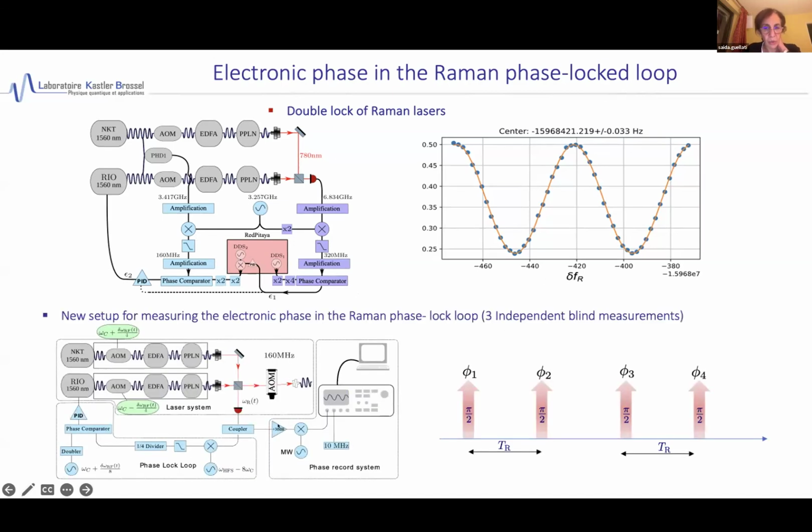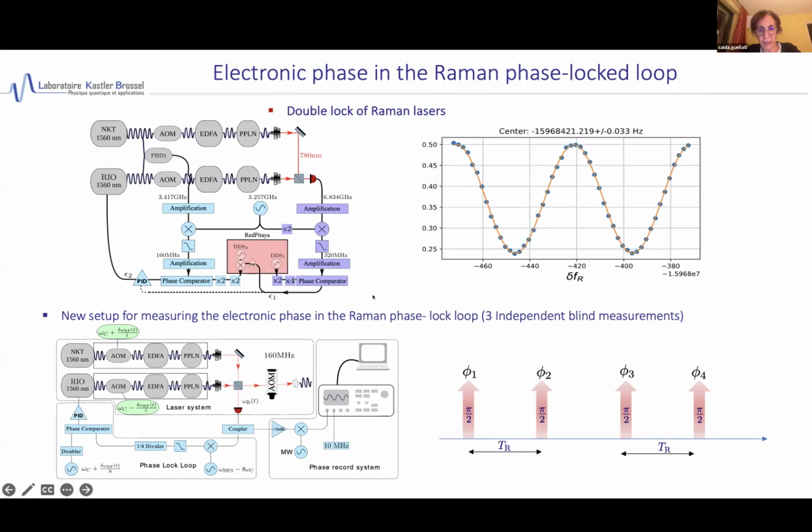More recently, we also developed a new setup for measuring this electronic phase shift. How do we measure? We extract a part of the signal from the beat note signal, and then we do this technical process. I don't want to spend time on this. Then we measure the phase for different laser pulses of the atom interferometer, and we use this value as a correction of the H/M measurement. Currently, we are doing three independent blind measurements by three independent people with three independent analysis methods. And we hope that we will confirm